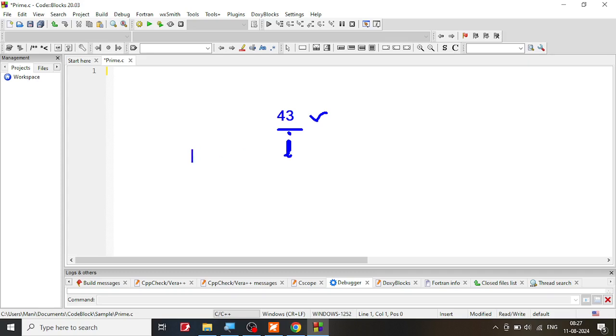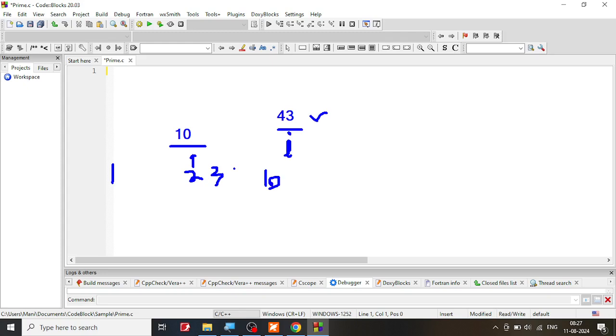So for example, I'll give you a number, 10, a very simple number. I divide it by 2. You know very well 2 divides 10. That's the end of it. So that means 1 divides 10, and 10 itself will divide 10. But in between you have one more number, 2, that divides 10. That means it is not a prime number. I don't have to check for 3. I don't have to check for 4. I don't have to check for 5, because even if I get at least one number that divides 10,